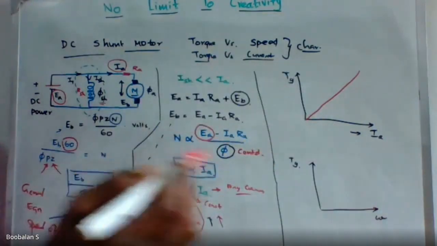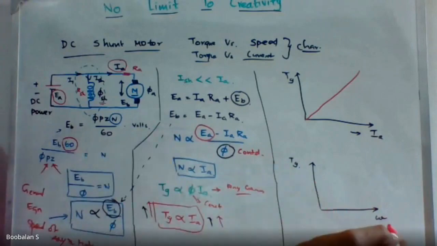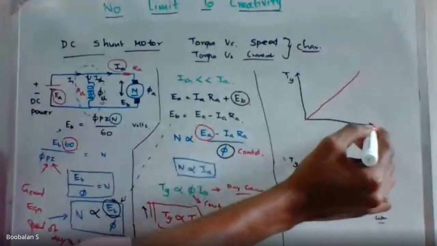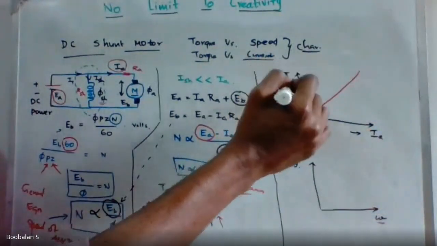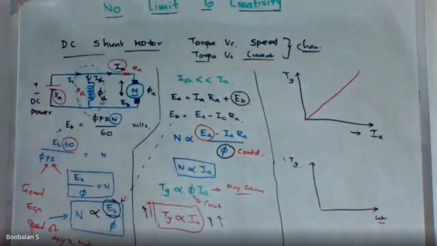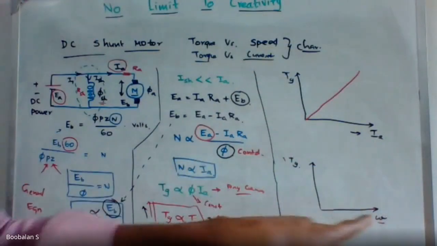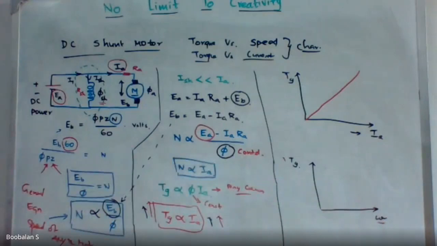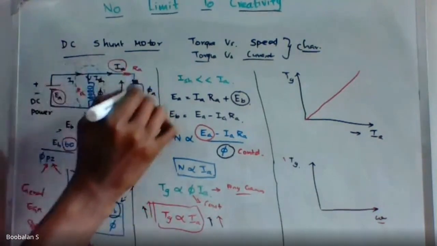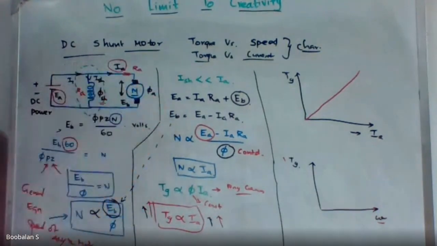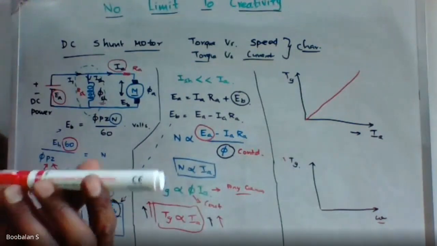While coming to speed and torque, when the input current is adjusted, the induced torque increases in direct proportion, right? While coming to TG, the generated torque versus speed, right? So this motor, the armature is made up of a copper conductor. For example, we can take a PVC pipeline, and around that PVC pipeline, right?